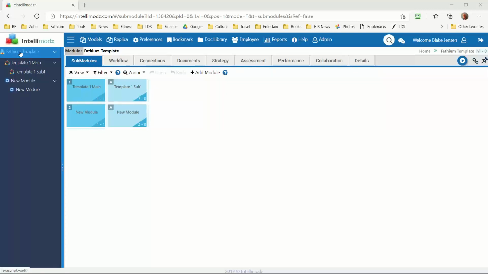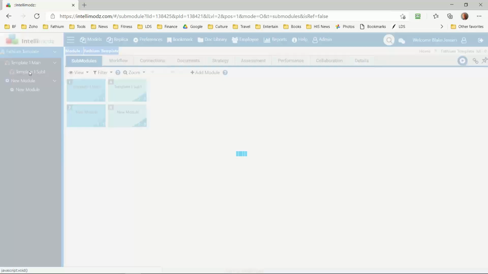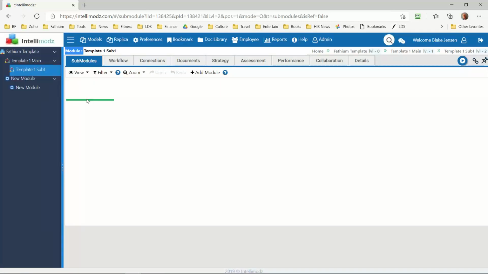So if I'm in this main level, and this identifies the module that I'm in, then this is a submodule, and these are children. So these submodules here are children to this module, and then these are children to these modules. So you can see the hierarchy over here. Now, if I wanted to go to one of these modules and create another module, that would make a fourth level. And I can do that by adding a module